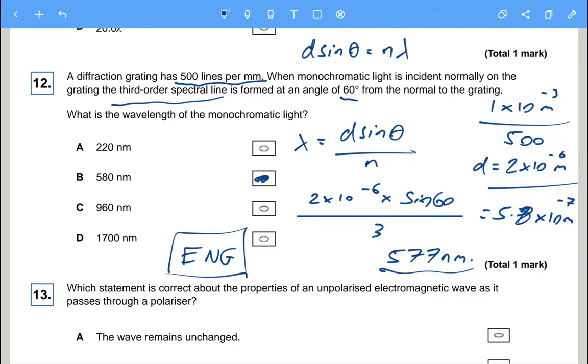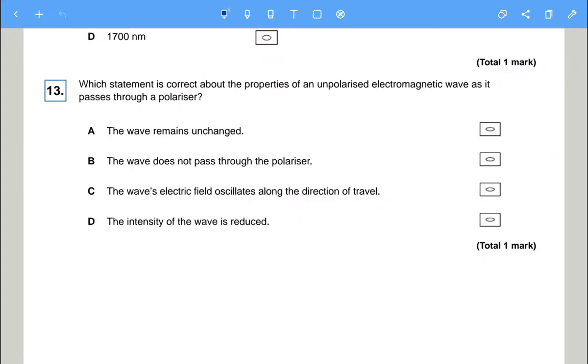So hopefully that's helped. Let's look at the next one. So number 13. Which statement is correct about the properties of an unpolarized electromagnetic wave as it passes through the polarizer? The wave remains unchanged. Well, a Polaroid is